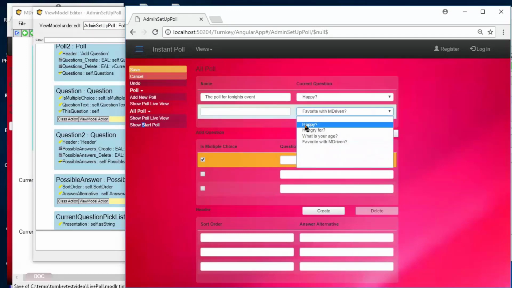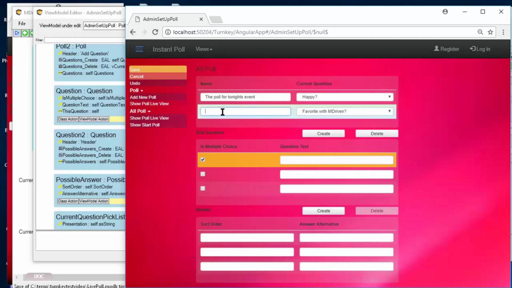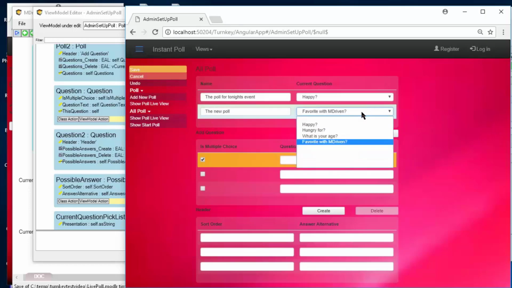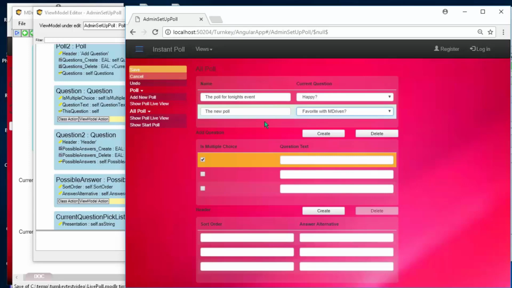And here I see a bug, because this was a new poll. Let's see the new poll, and I could make a choice of a current question that is from this poll, and that shouldn't be possible.